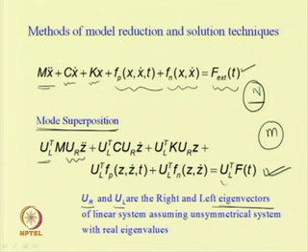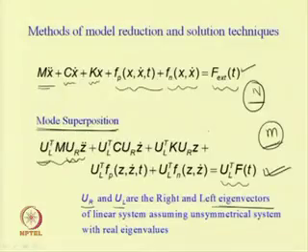Here one can note that when the matrix is symmetric, U_r will be equal to U_L, and if it is unsymmetric, we will have the left and right eigenvectors. From the properties of these eigenvectors, these will reduce to this. Let us take m modes; then it will reduce to size m cross m. By taking only the first few modes, let us take only 2 modes, then this equation will reduce to that of 2:2.